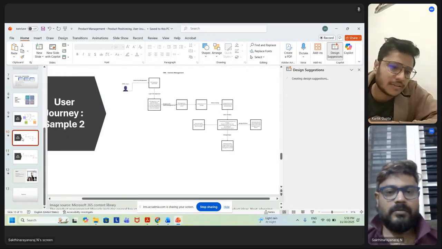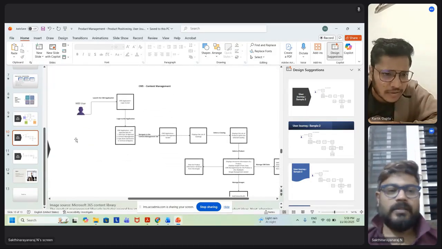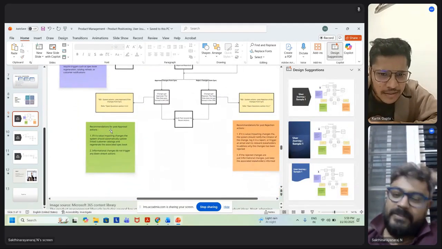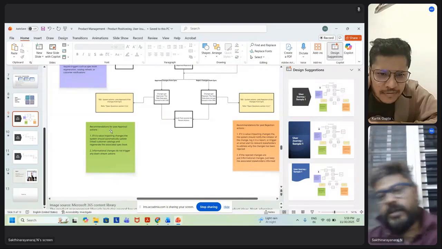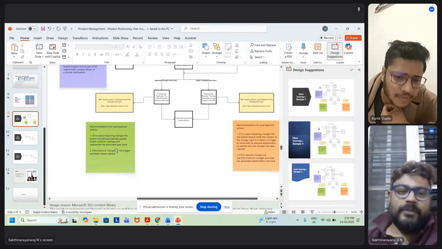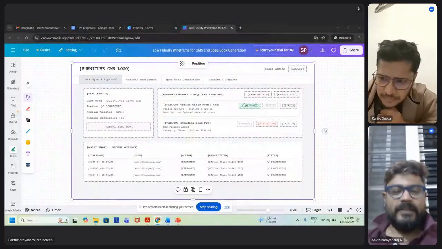And what is the information in the green and orange box? That was just more information I was giving to the user. I was creating a BRD out of this, so for the BRD I was putting some information. Forget about it. It's not part of the user journey. That is something I added for their reference.